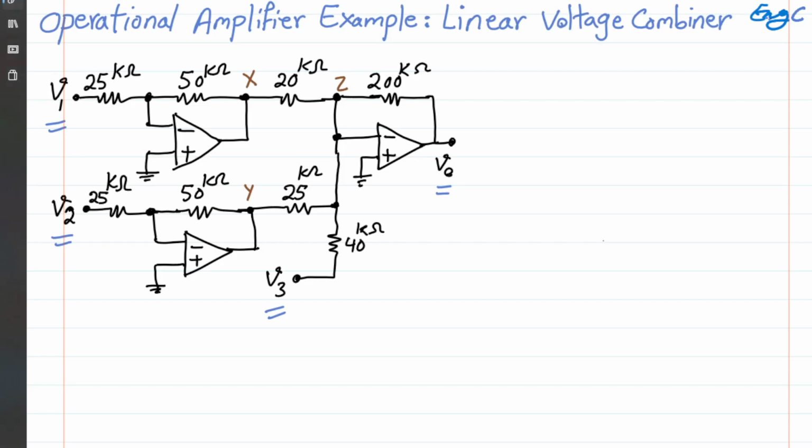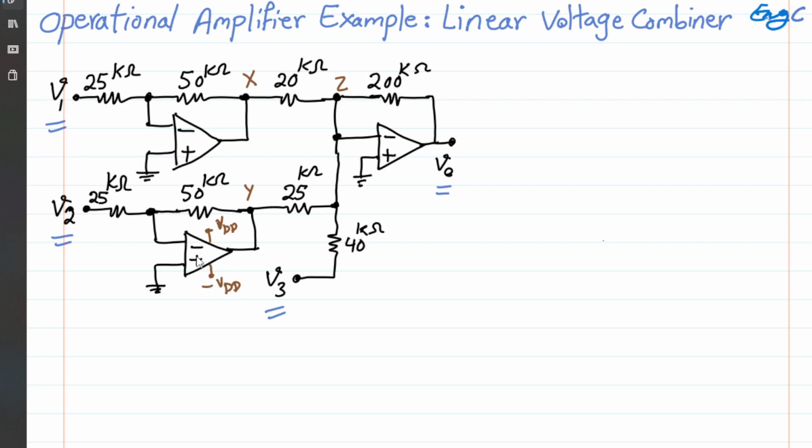An active circuit shown here with 3 op-amps. We assume op-amps are ideal. Op-amps are properly biased. By biased, I mean we are making the assumption that the positive voltage, VDD, and the negative voltage, let's say minus VDD or minus VEE, is properly connected so that the op-amps are properly biased and